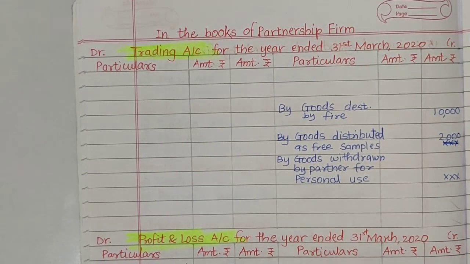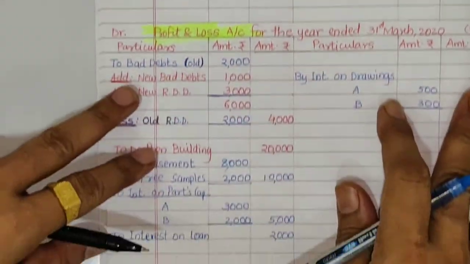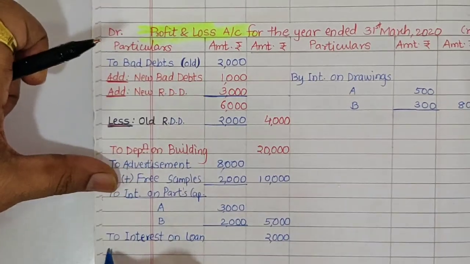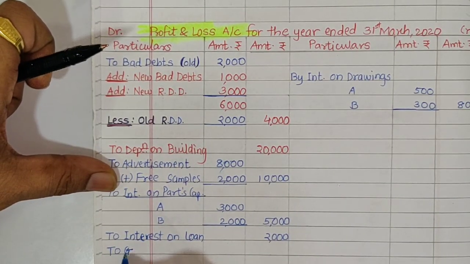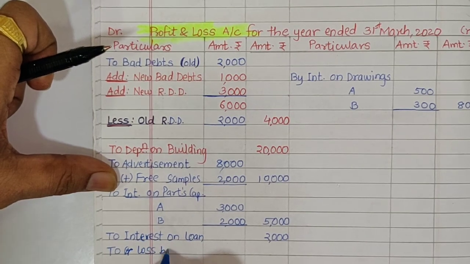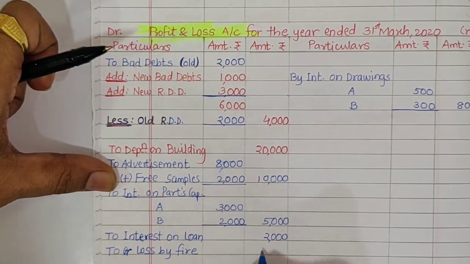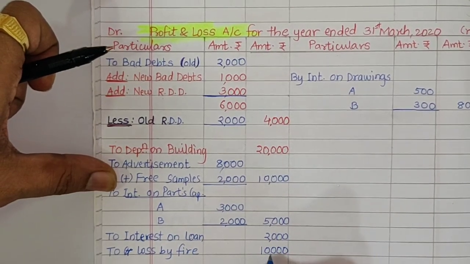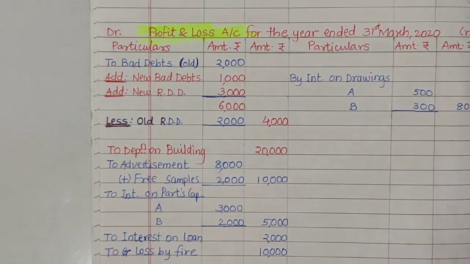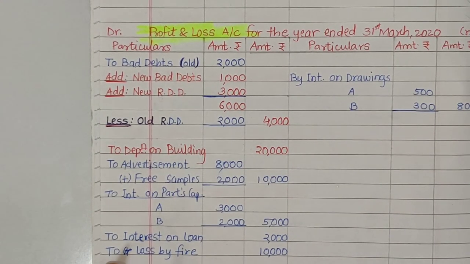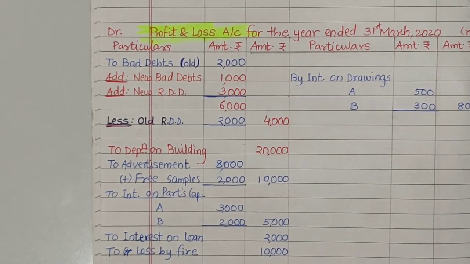As the goods were uninsured, no insurance claim is to be received. So entire loss is to be considered as a loss by fire. And we will record it to profit and loss account debit side as to goods to loss by fire, rupees 10,000. Why am I recording entire 10,000 as loss? Because these goods were uninsured. So two effects are